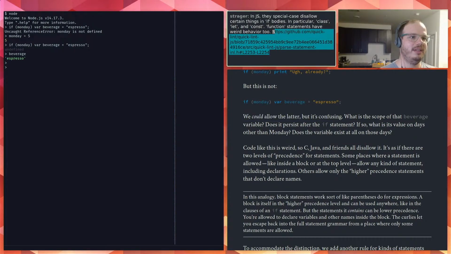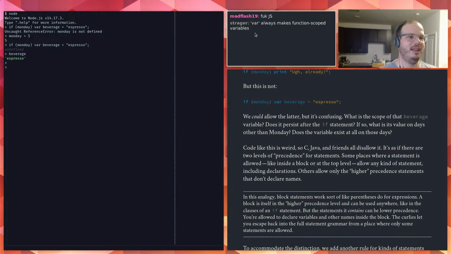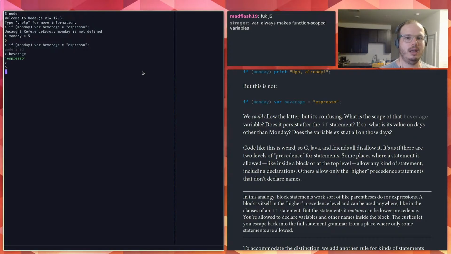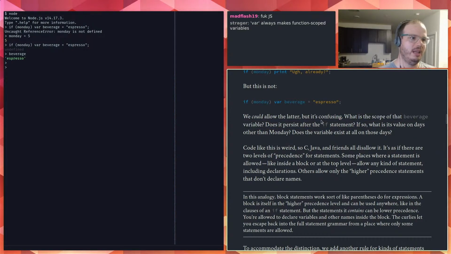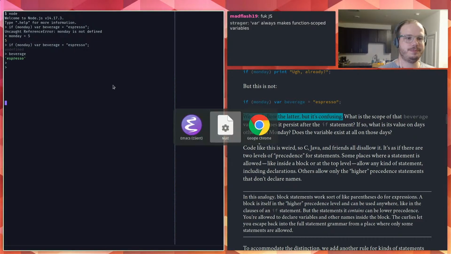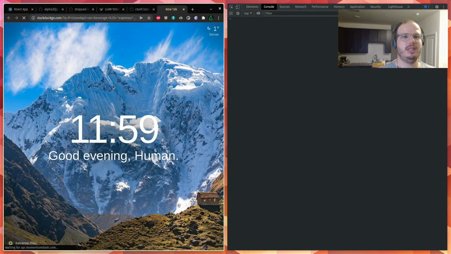That's horrible. Var always makes function scoped variables. Yes, I knew that. I was reading from the book. But apparently that's, again, Strager, confusing. The author says it's confusing, so we're confused.